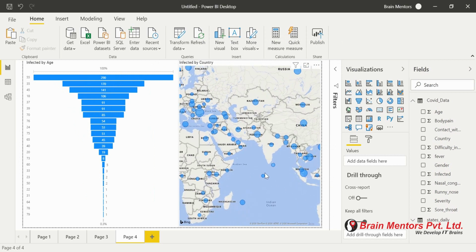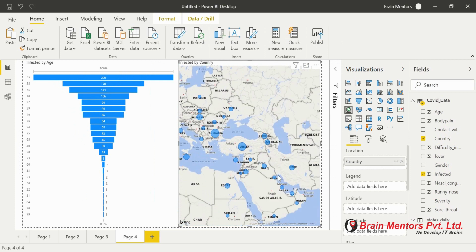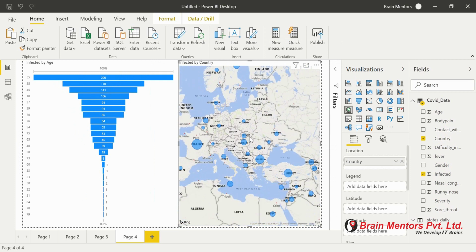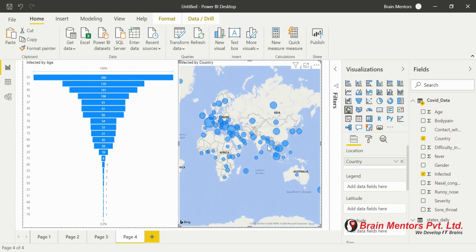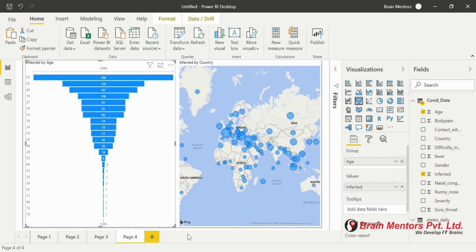In the right graph, in this map, you can see the size of the circles denoting the number of cases. So this was the visualization in Power BI, and in my next video we are going to look at the advanced level filters, and then we'll see how to perform DAX. Thanks for watching this video, and we'll see you next time.